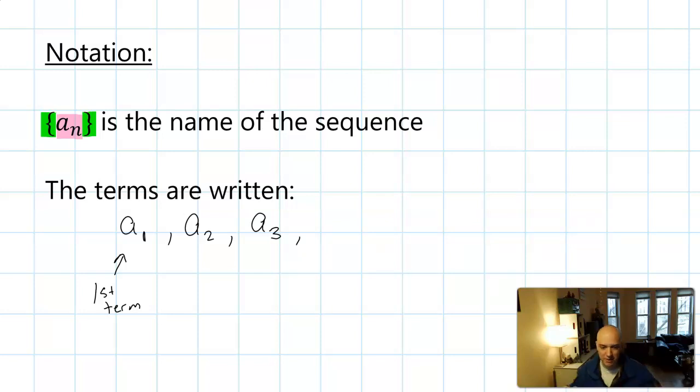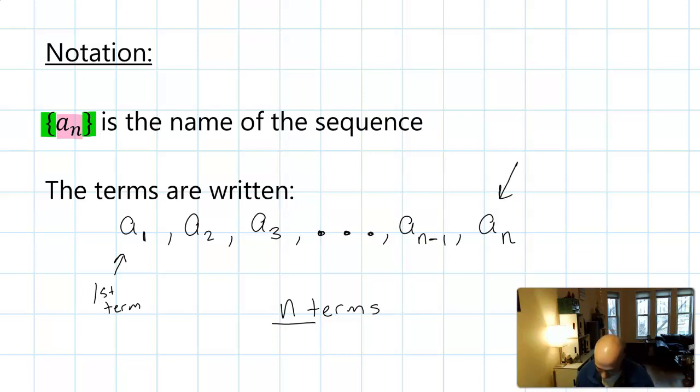Now, if you want to skip a bunch of terms in the middle of writing a sequence, you can include an ellipsis. But an ellipsis doesn't mean you have to go off to infinity. You can just say, all right, we've skipped a couple terms. Let's assume that this is a finite sequence. Maybe there are n terms. Well, then the term before the nth term would be a_(n-1). I don't know how big n was. It's just some unknown constant. And then the last term would be a_n. And so that's how you would write out the terms of a sequence. This would be the nth term,